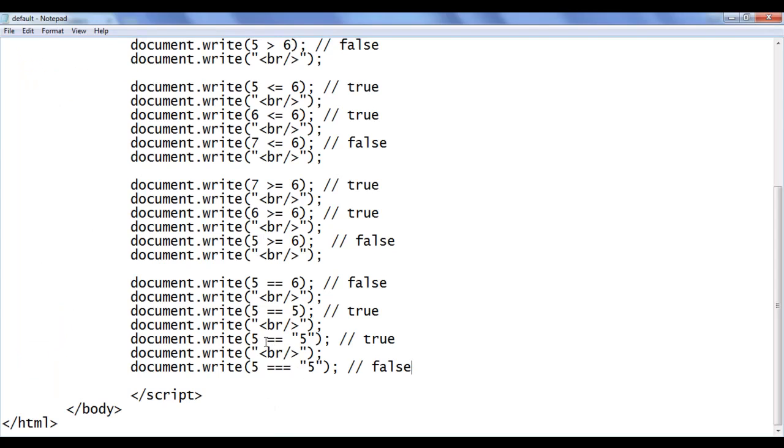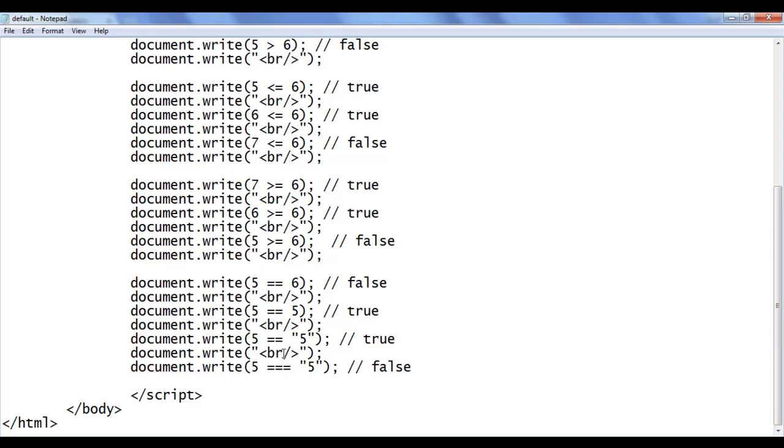When you use only equal to, it doesn't worry about the data types. It just checks the values, or actually the equal to sign is going to perform a data type conversion. It converts the number type to a string type and then it checks both of them. That's the reason we are getting here true. Strictly equal to doesn't perform the data type conversion. That's the reason we get here false. Left hand side we have a number, right hand side we have a string, so it gives a false. It checks for the data type also, whereas the equal to sign doesn't check for data type. It just checks for the values. That's it. So that is about the difference between equal to and strictly equal to.